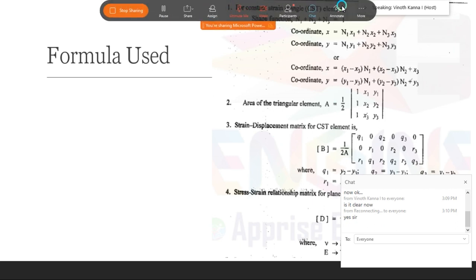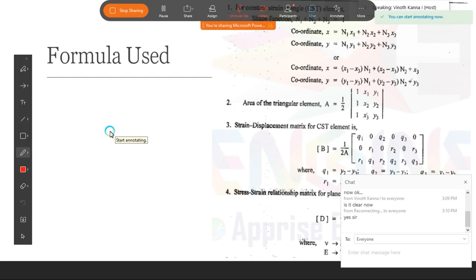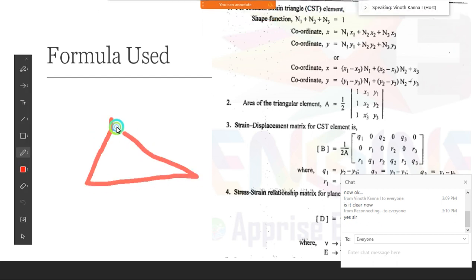There they won't give any diagrams. So in such a case, how will you find it? They'll give the points, that is, each coordinate point. Simply they'll give a triangular element, and in the triangular element they'll give the node points as well as each point's dimensions. You need to find out the exact x comma y value.